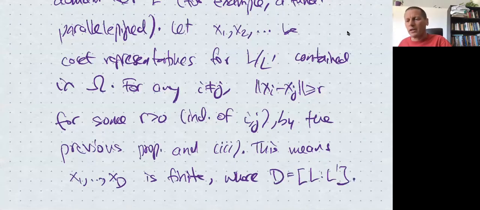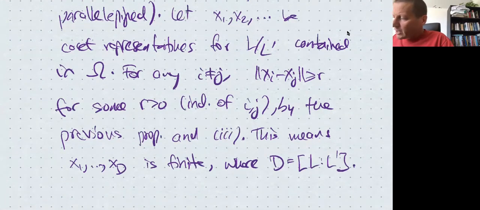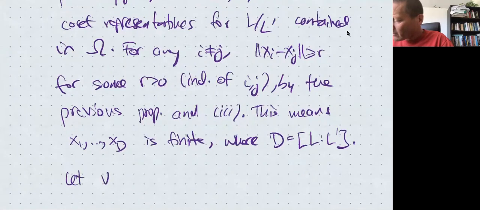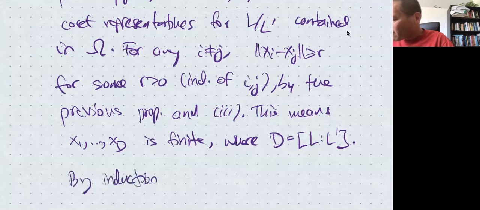You can't have infinitely many coset representatives. So now I'm going to take V to be the shortest. I'm going to continue by induction on this index. So by induction on D, it suffices to find